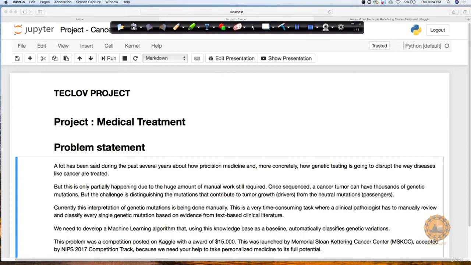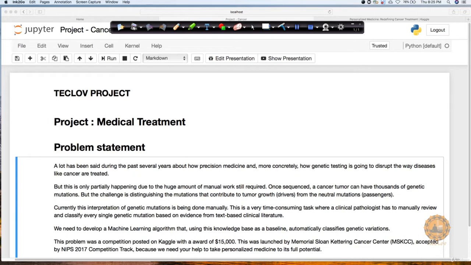In this case study, we are going to work on a medical problem. This is a real problem which was faced in the medical industry. And in fact, this problem was posted on Kaggle so that all the data scientists can come and try to come up with a solution. So we are very thankful to this institute for providing us the real data set so that we can use it for research and development and for our learning purpose.